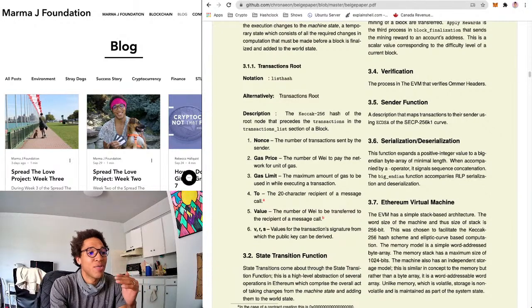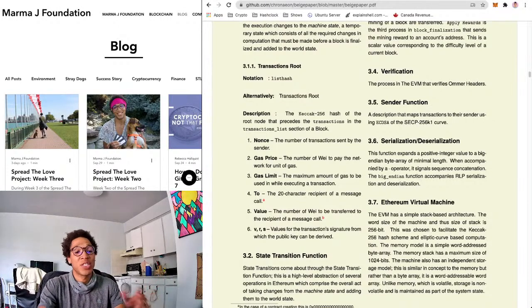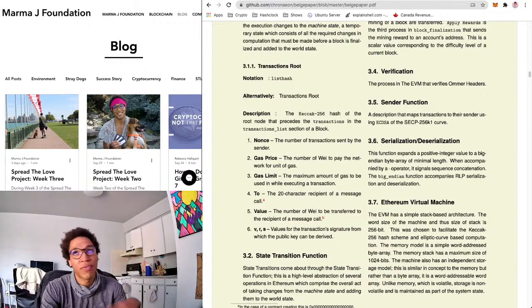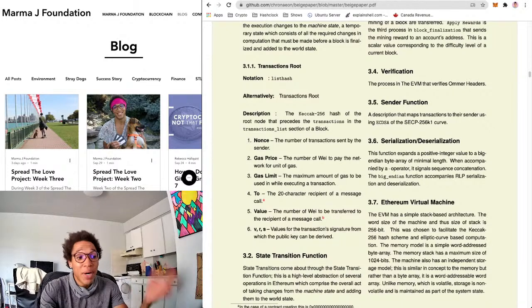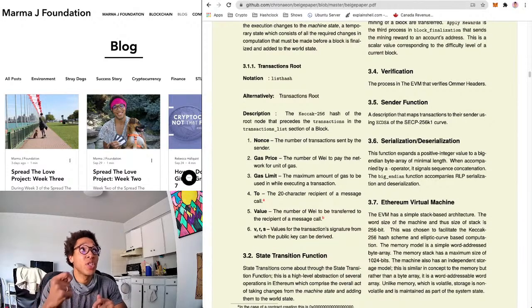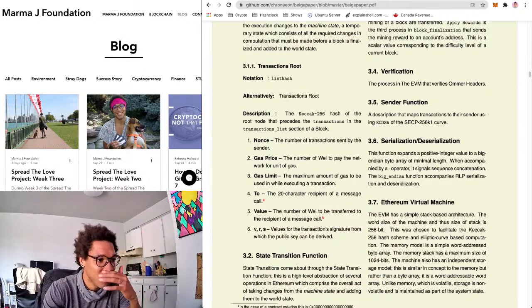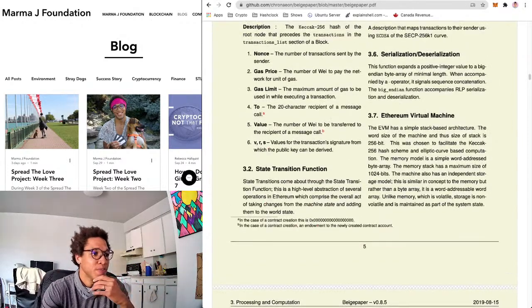And the VRS are just the values for signing. So nothing that someone who just interacts with the blockchain has to worry about too much. This is always taken care of by Truffle, or just every platform you use takes care of this for you. But it is very important to know that there are cryptographic values that you have in your private key, that you use to sign transactions, to ensure that someone can know that you are actually the person that's supposed to be signing this. And that's how it will make sure that this transaction was supposed to be put together. So it's a valid transaction.